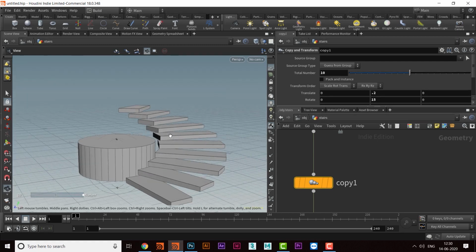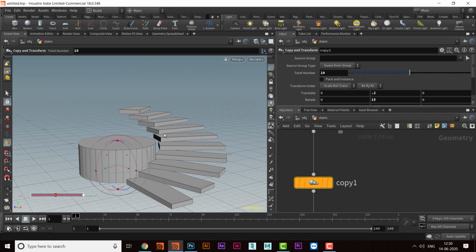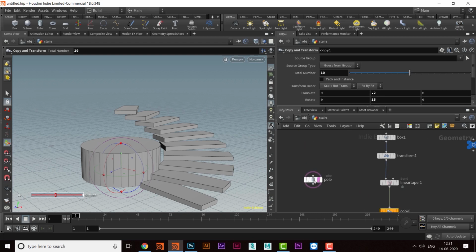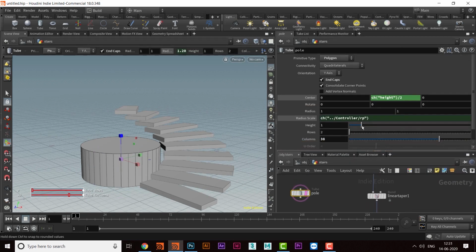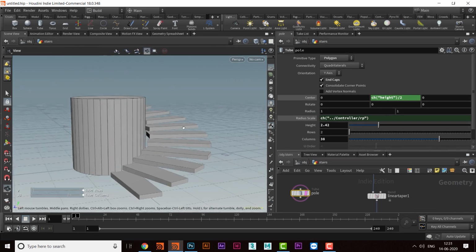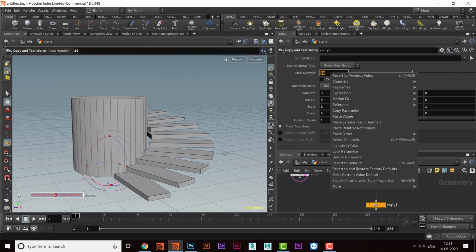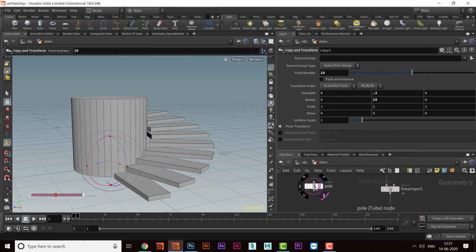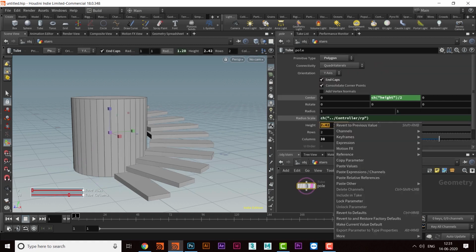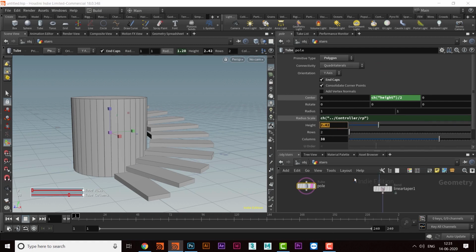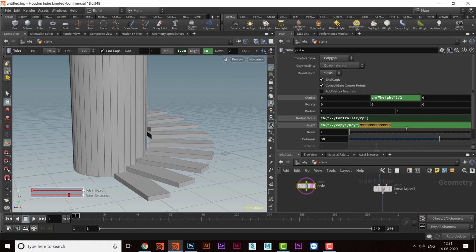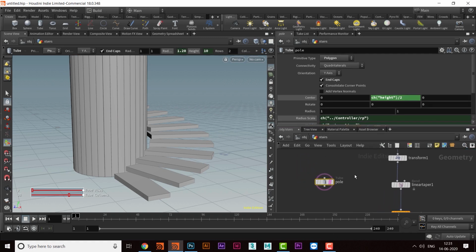So what I have to do is go to the height of the pole, and from here I will take this value, copy parameter, and then I'll come here, height, paste relative reference. Okay, so that is one thing.